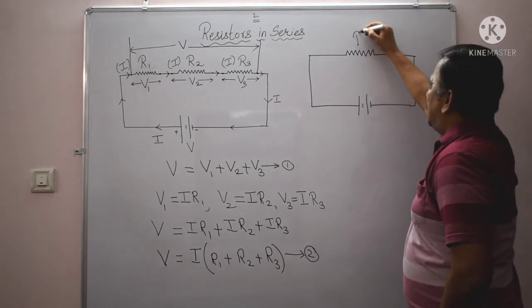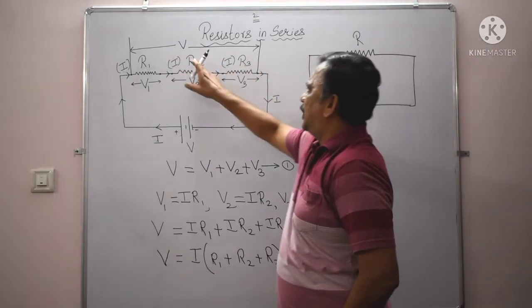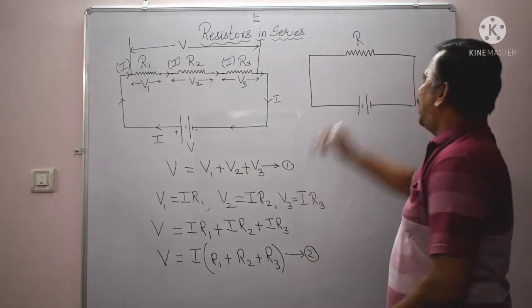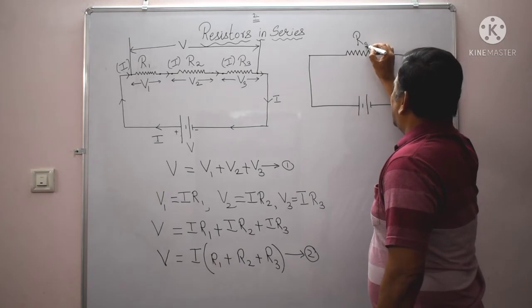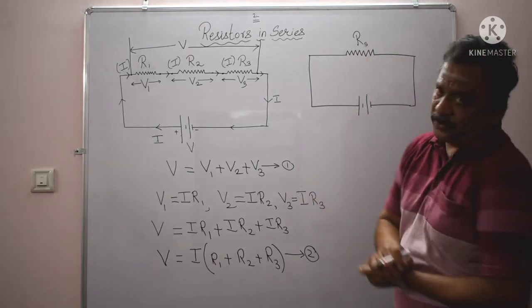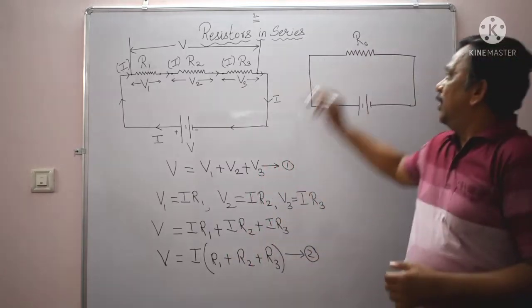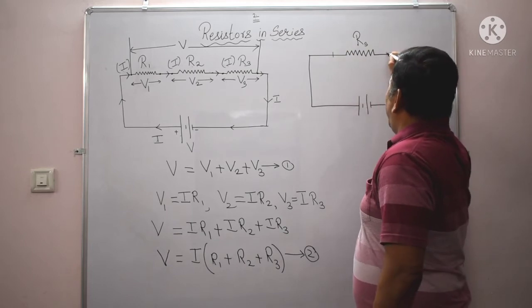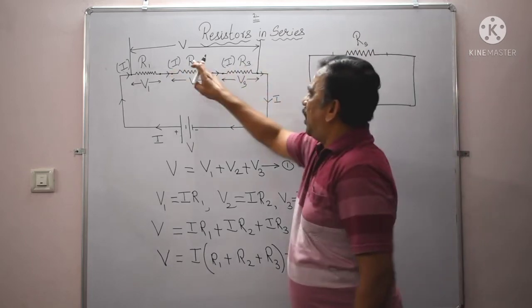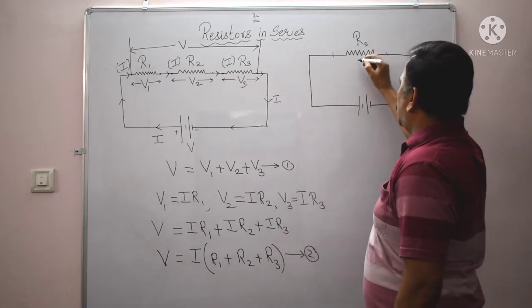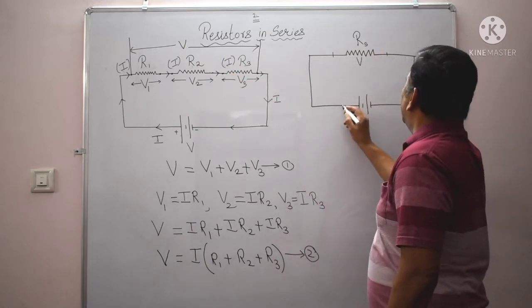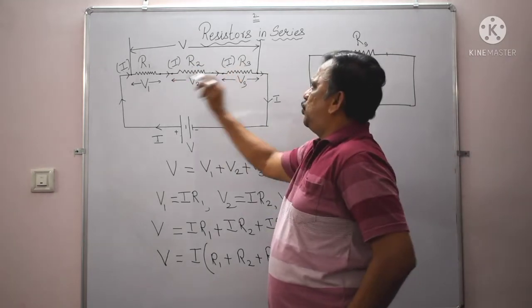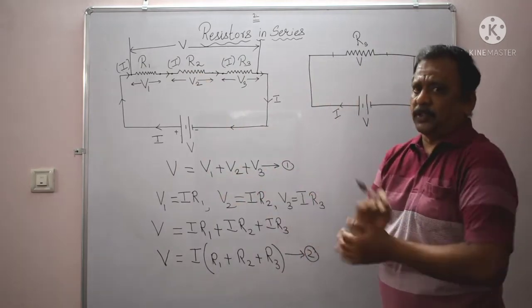Okay, so let R be the total resistance of R1, R2 and R3. And since this is the total resistance of the series combination of R1, R2 and R3, let me put S in the subscript. So S stands for series. So R sub S is the total resistance of R1, R2 and R3. Now, the potential difference across the total resistance of R1, R2, R3 is nothing but the total voltage V, which equals the voltage of the battery. And R1, R2, R3 individually allow the current of I ampere to pass through.